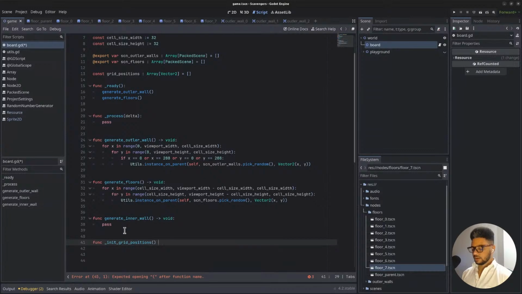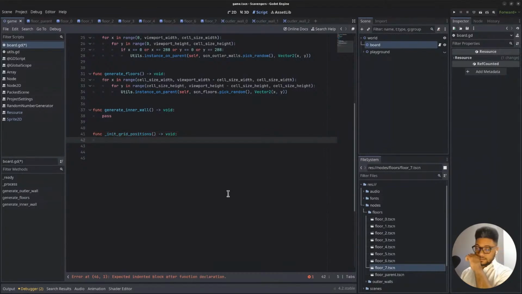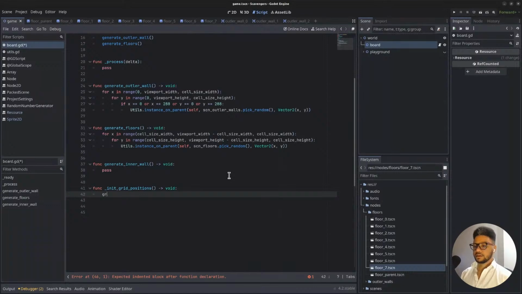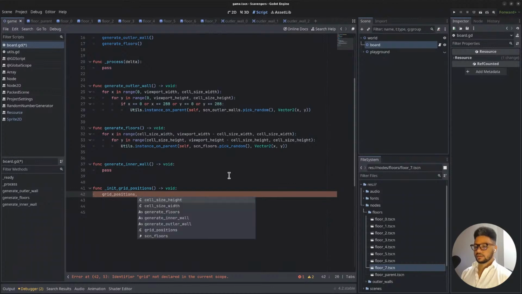I'm not going to take anything up as a parameter, and it won't return anything neither. To return void. And in here, the first thing we'll do is to clear the array. So we'll say grid underscore positions dot clear,